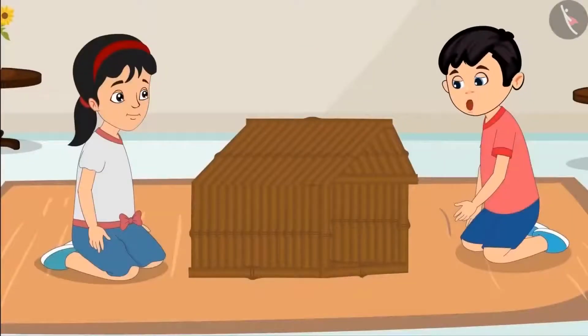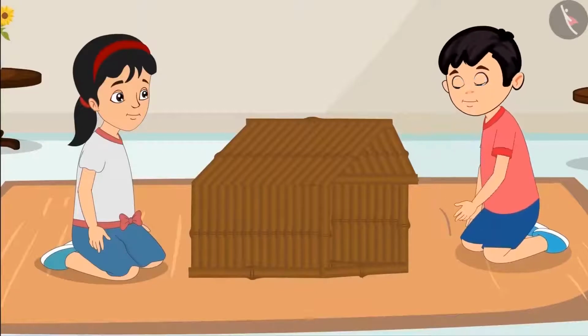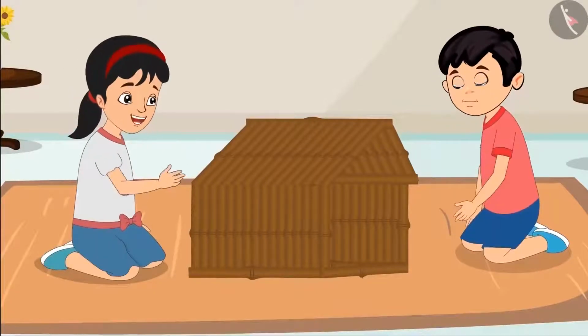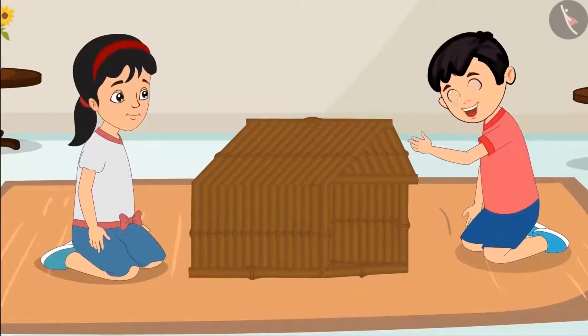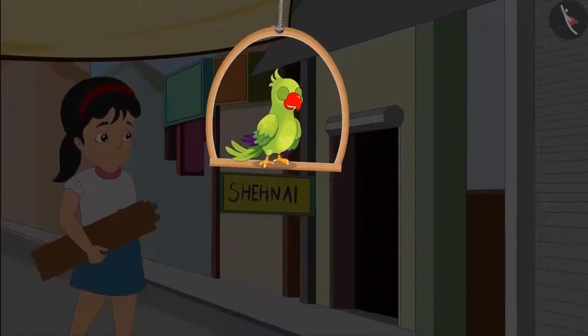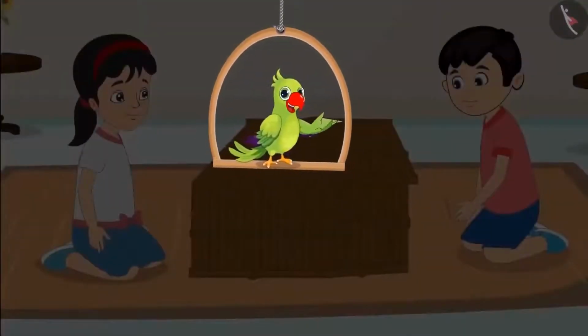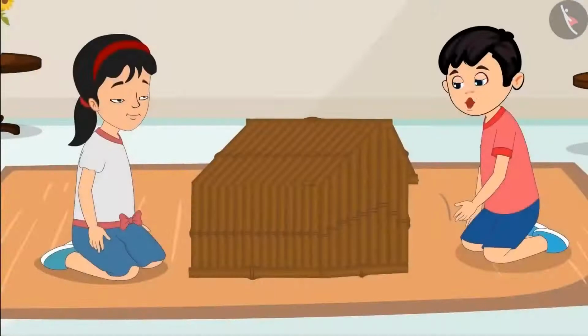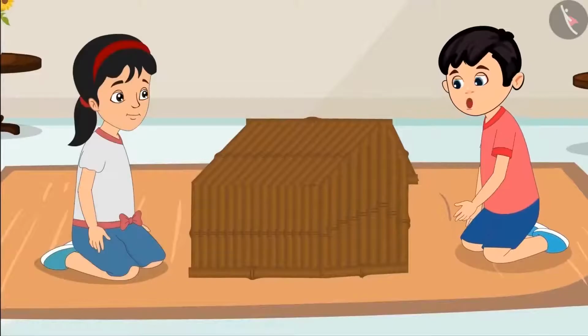Oh no, we do not have enough sticks to make the door of the house. Chotu, I will get more sticks from Auntie. Pinky, we need 10 more sticks. Pinky gets 10 more sticks. And then Chotu and Pinky finish making the house. Our house is complete now. Pinky, let us show it to Sonu and Neha.